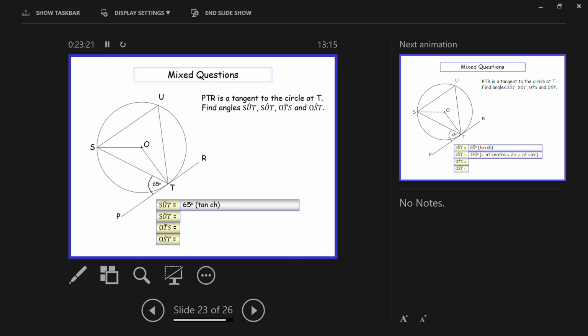Okay. Now the next one they're asking me SOT. SOT, so this one. That's it. Ek sien sy wys my, middelpunthoek is ons eintlik 2 keer daai omtrekshoek. Nee. Which means that 2 times 65 is going to give me the 130. Okay, so dan fill it in. Now, so dit vir OTS, OT, what's S? S. Okay, now,